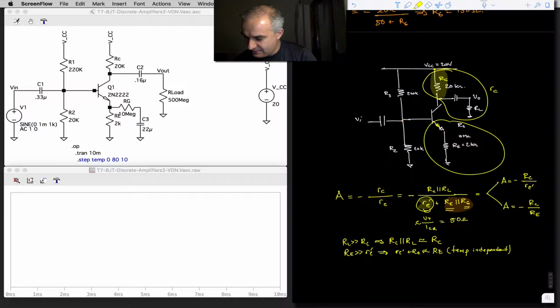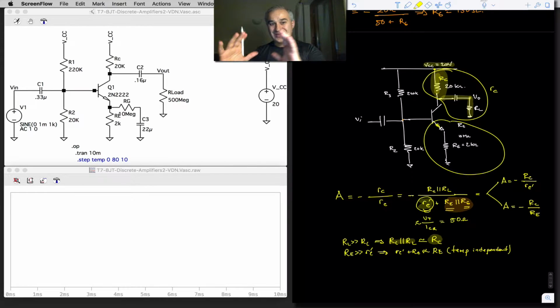20k, what we have in the AC resistance connected to the collector, which technically is RC in parallel with RL, again because VCC does not move with AC voltages, so it is an AC ground, and the capacitor is a short, so RC in parallel with RL. But notice RC is 20k and RL is 500 meg, and so RC in parallel with RL is going to be close to RC. So that's the numerator